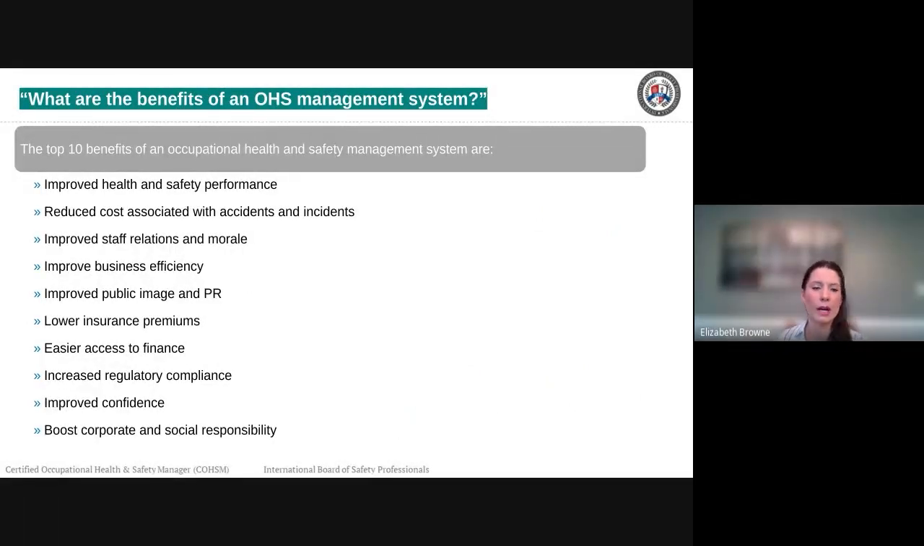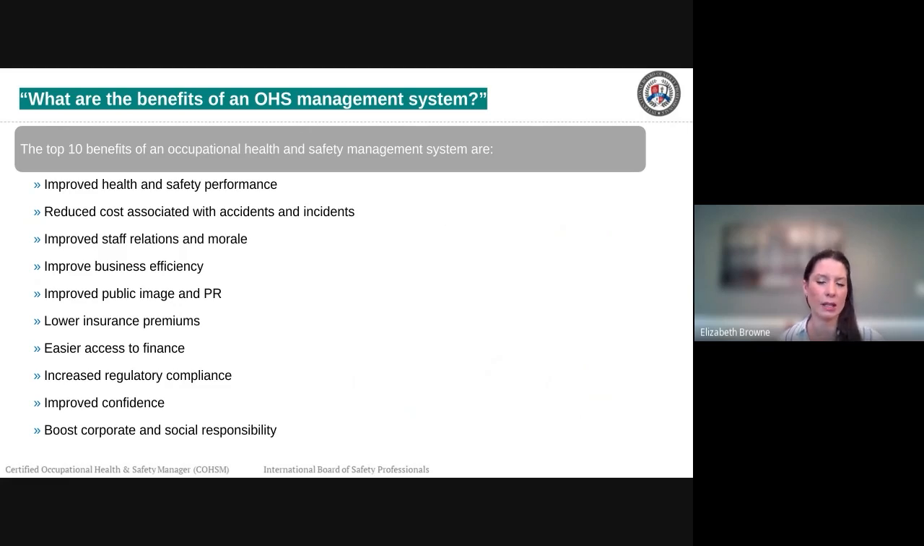All right, so we want to look at what are the benefits of having an occupational health and safety management system. We talked a lot about, obviously, decreasing accidents and injuries and increasing employee morale. But having an actual written occupational health and safety management system